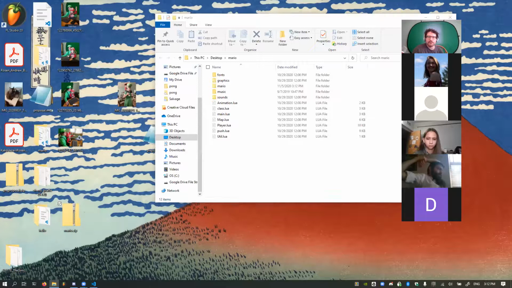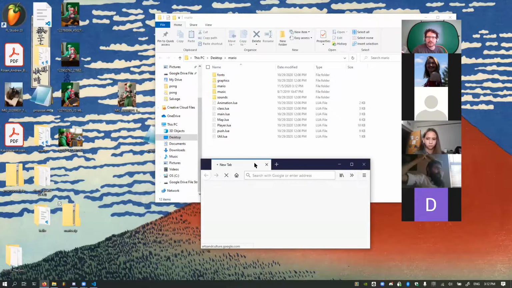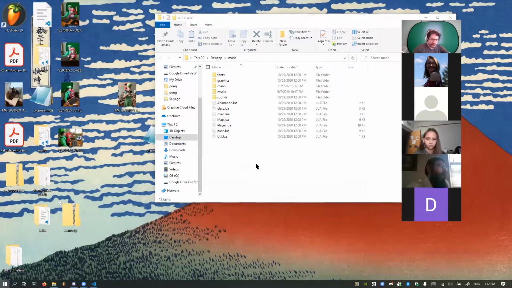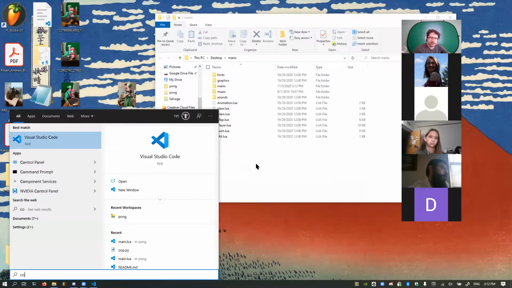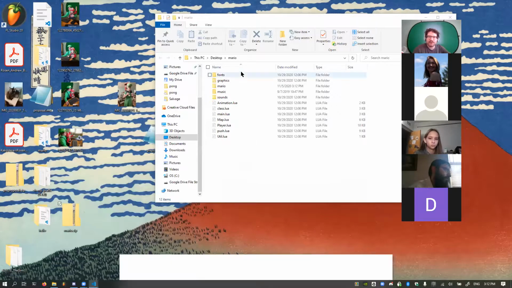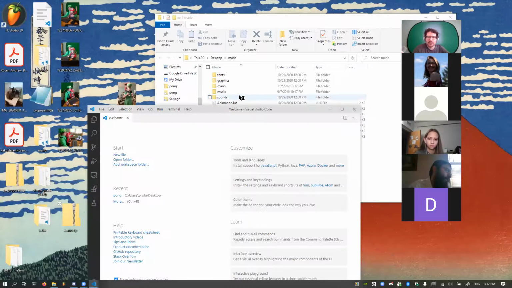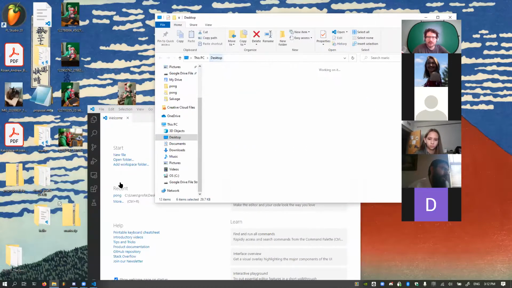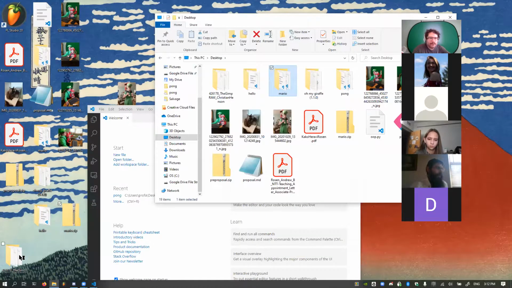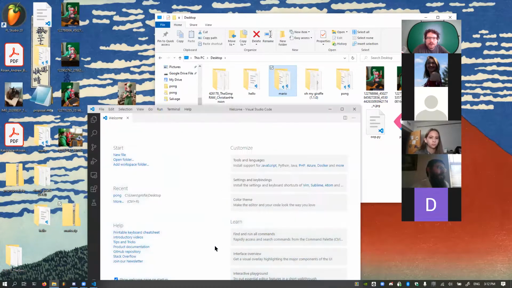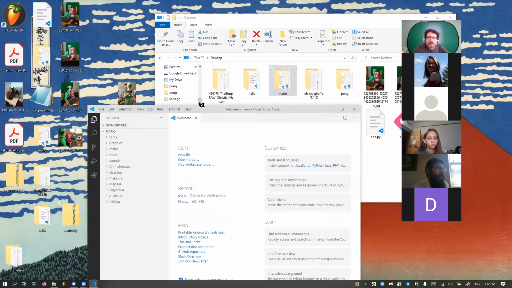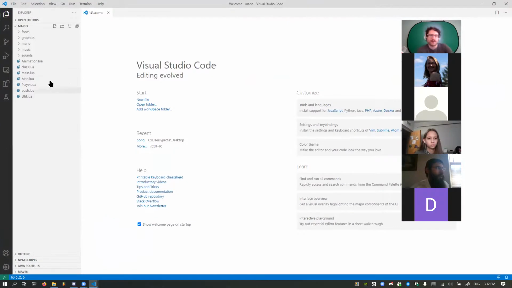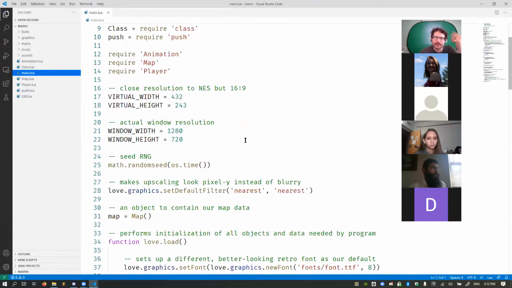So what I'm going to do is drag that folder into here so that I can open it. And then over here, we've got our main file.